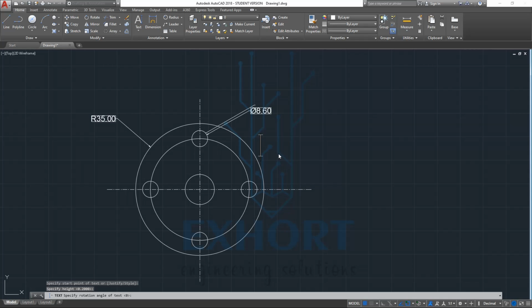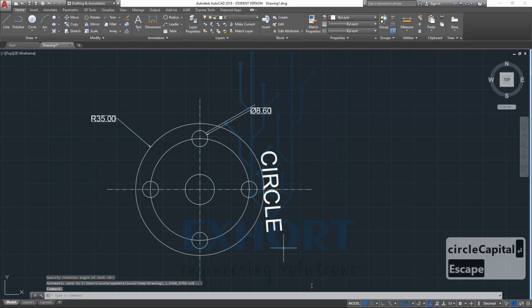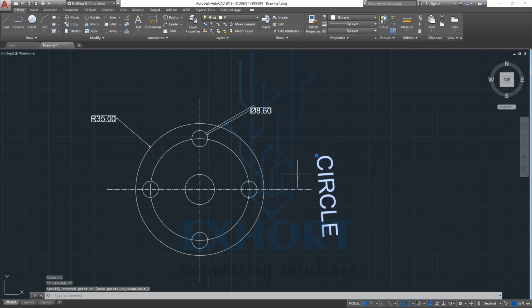From here we can add text. So I will say this is my circle, so I will write this is the circle, then Escape. It is going off to the side, so we can just rotate it also. Just like we have selected this, we can use this annotation tab. If you want a detailed video, please comment, and I can show you how this command can be worked in detail.